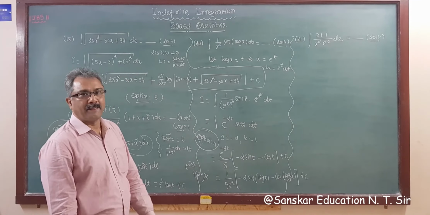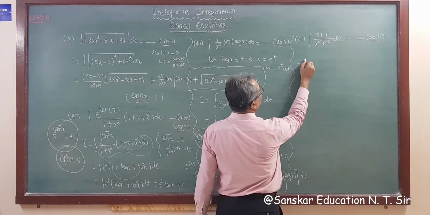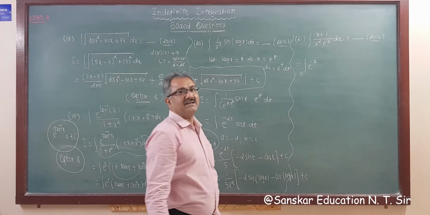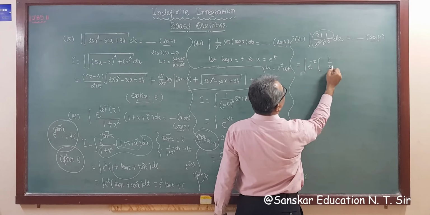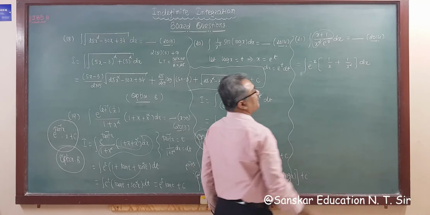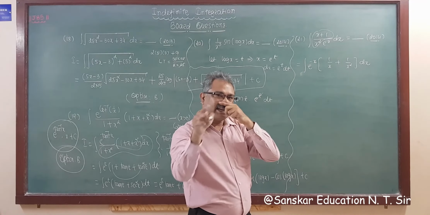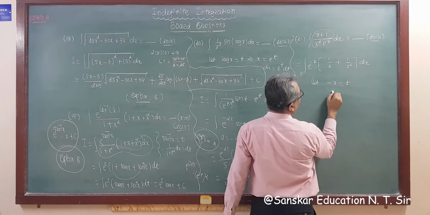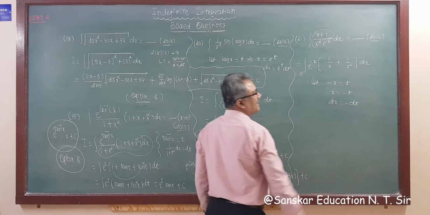Remember this thing. Now the same example is there. If I write this as integration of e raised to minus x, 1 upon x, and bifurcating this, what do we get? 1 upon x plus 1 upon x square dx. But for this formula you need plus x. It is minus, so assume minus x is equal to t. So let minus x be equal to t, that is x is equal to minus t, that is dx is equal to minus dt, right?